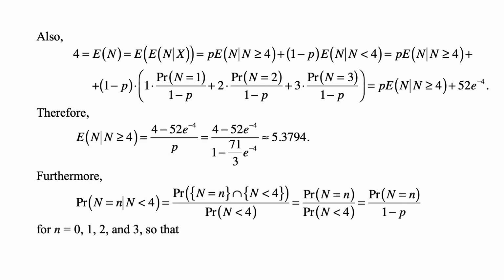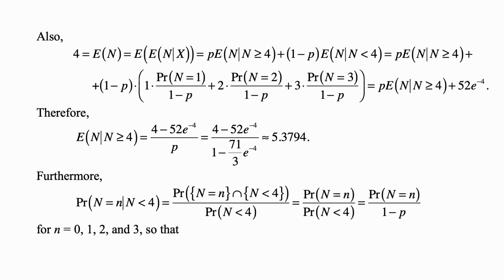And of course, all these values can be calculated. 1 minus p cancels out, so p disappears from it, and we just need to find 1 times the probability that n is 1, plus 2 times the probability that n is 2, plus 3 times the probability that n is 3. And that whole expression now is